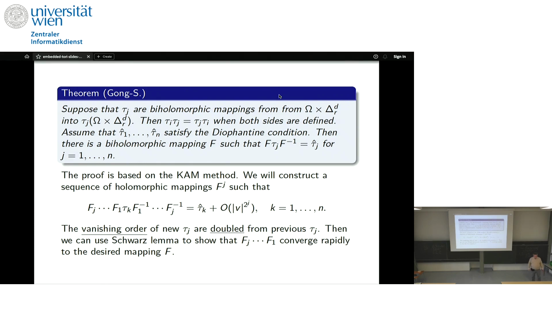So the way to do that is a kind of KAM method, that is Kolmogorov-Arnold-Moser. So it's a kind of, how do you say, Nash-Moser scheme. In other words, what I want to say is that if you assume that tau I is equal to tau I hat plus, say, something of order k, then you do one transformation,